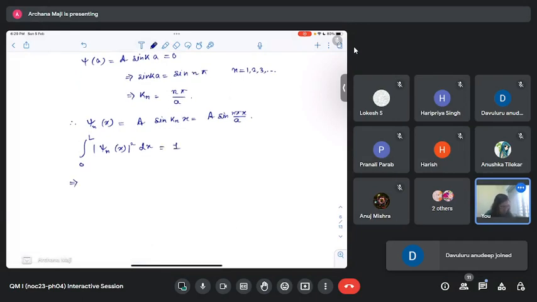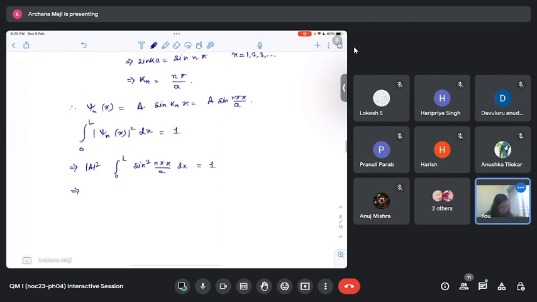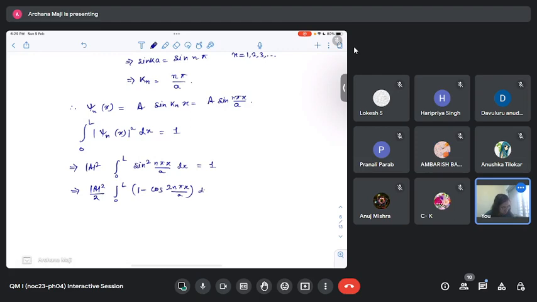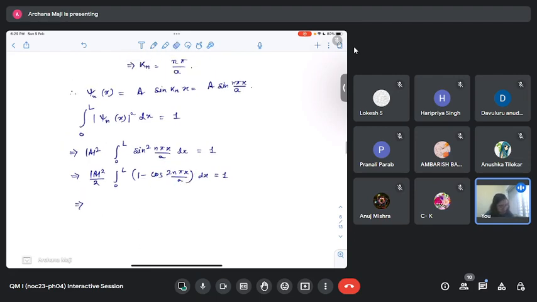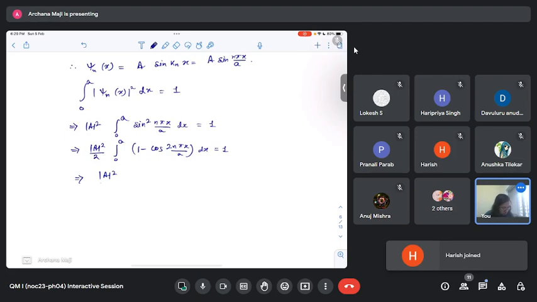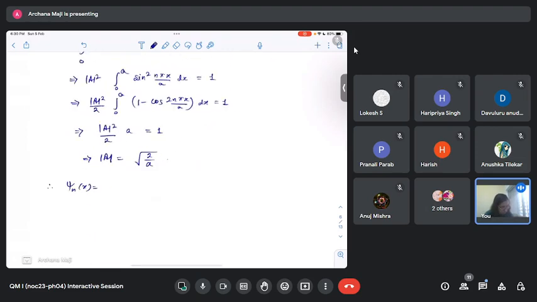So from there we get mod A square. And if you do the integration, this will give us sine, sorry, not 0 to L, but we have chosen the region to be from 0 to A. So the second term will vanish because we will get sine from this term, and the normalization constant is nothing but square root 2 by A. So the wave function for a particle in a one-dimensional box is